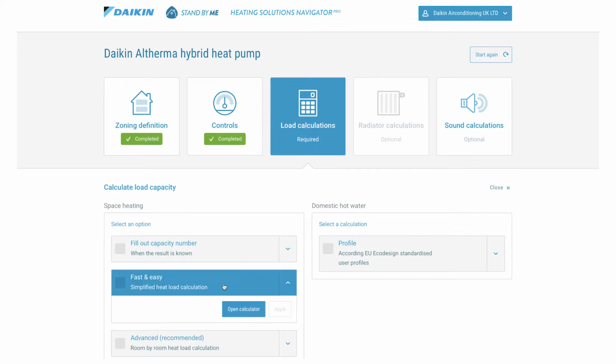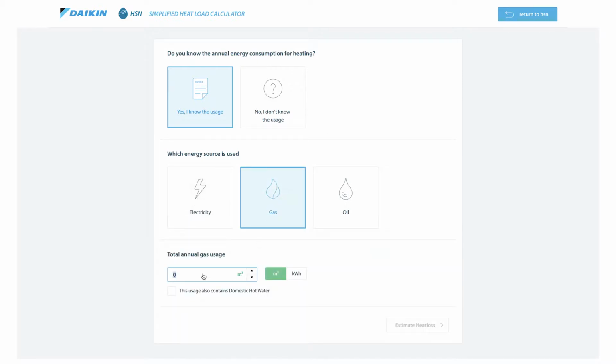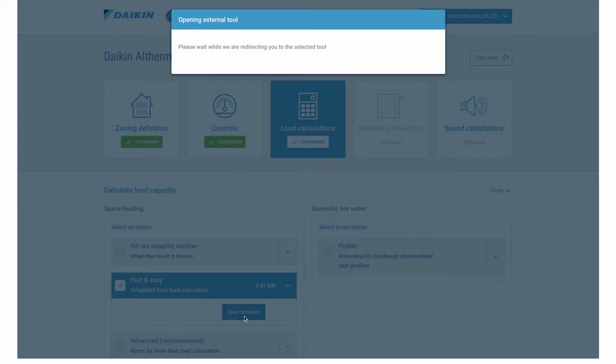First, open the calculator and select whether you know the current energy usage of the building or not. If you do know the energy usage and the energy source used, you can simply input the kilowatt hours used in that house. Then you can estimate the peak heat loss for the building and submit the result to complete the load calculations. If you don't know the energy usage, you can still add in the location and building information